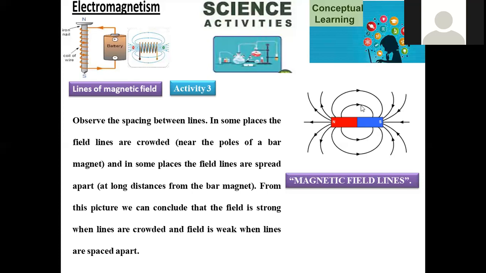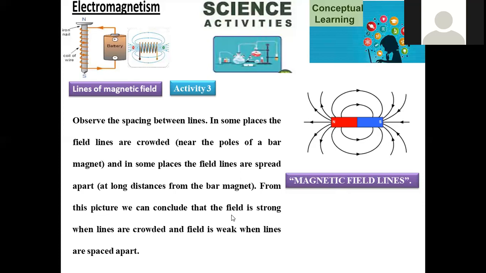As we move away, the density becomes somewhat low, and reaching the other pole, the density rises again. That's why there is no uniformity in the density of the lines drawn around this bar magnet. Some regions are completely crowded with lines, and in other regions they are far apart from each other. The density is somewhat less, and again reaching the other pole, crowding is observed. So here uniformity is lost.